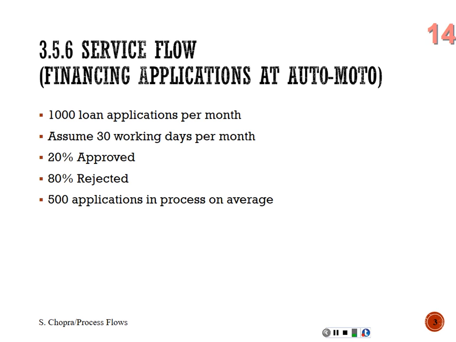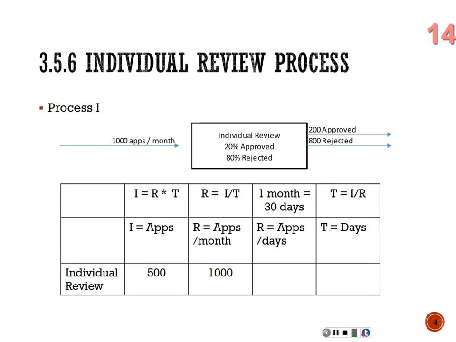So we have inventory and we have throughput, telling us that we should be able to calculate flow time. Here's a drawing of that process with the chart that I like to create. We have 1,000 apps per month going on the arrow going in for our throughput. Inside that process, 20% are approved and 80% are rejected, meaning that exiting the process, we have 200 approved and 800 rejected. It is a stable process because you have 1,000 apps per month going in and a total of 1,000 apps per month coming out. They can be on different paths as they exit, but it's still a total of 1,000